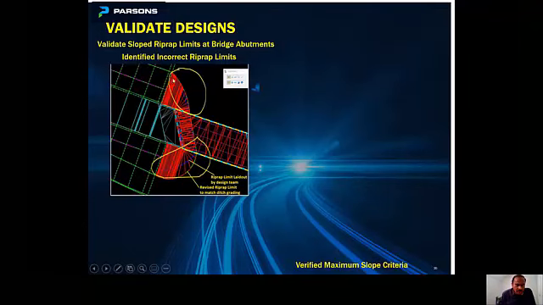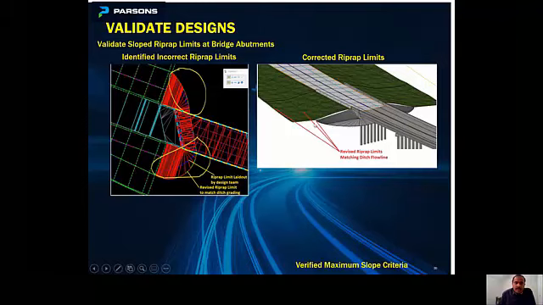When we developed the detailed 3D model for this abutment slope riprap, we were able to identify that the limit was too short and it was not tying correctly with the ditch flow line. As you can see in this 3D picture, the riprap limits were later optimized, and the toe of riprap tied correctly with the ditch flow line here. That validated and optimized the slope riprap limits.